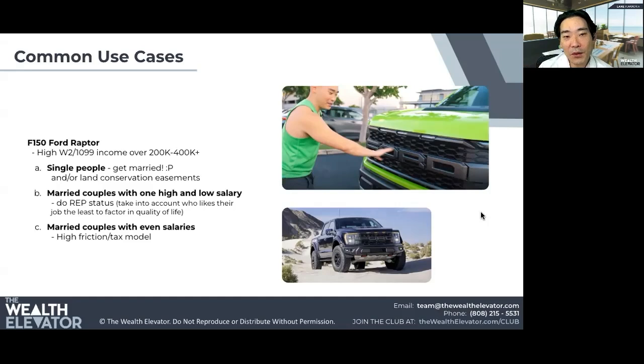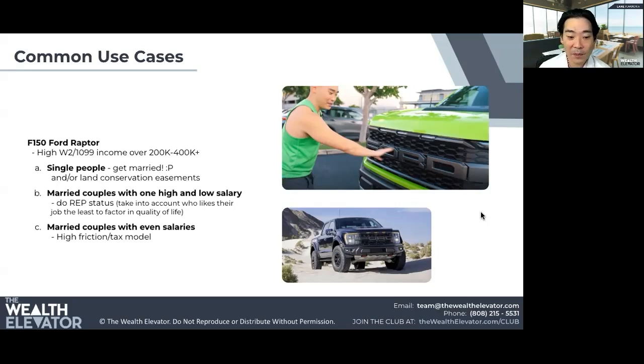That said, couples with similar income. So the example for B here is you've got a doctor making $500,000 or greater and a stay-at-home spouse. That's actually a very ideal situation to go down the real estate professional status path. It may require you to get a short-term rental or a rental property or two, but maybe we do the cost benefit analysis, right? Like the headaches of having a rental property and then the costs, especially if you don't live in a high price area, you could pretty much recoup that extra cost and incremental headache by tax savings in the first couple years. And then the rest is just all gravy after that.